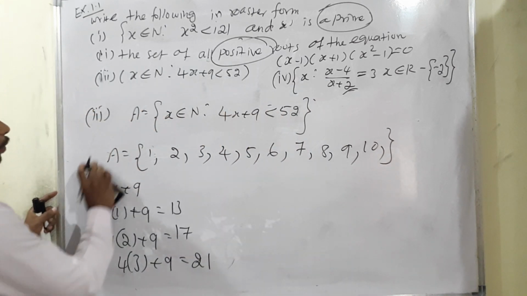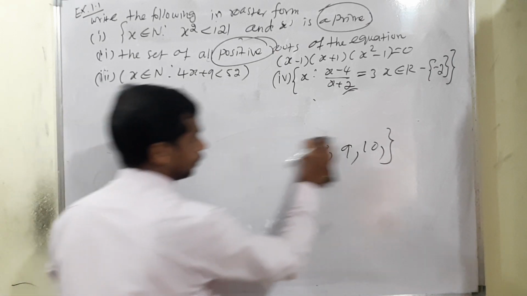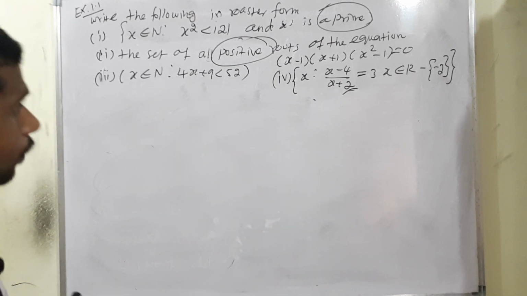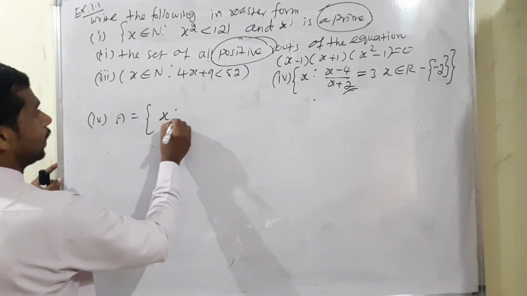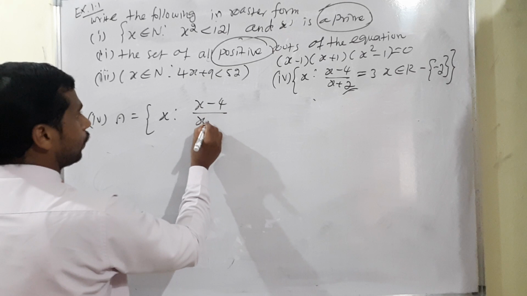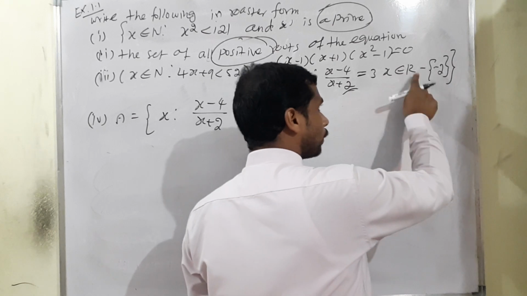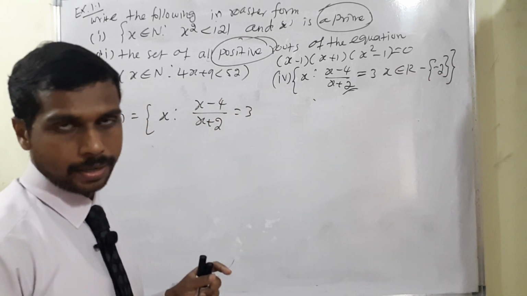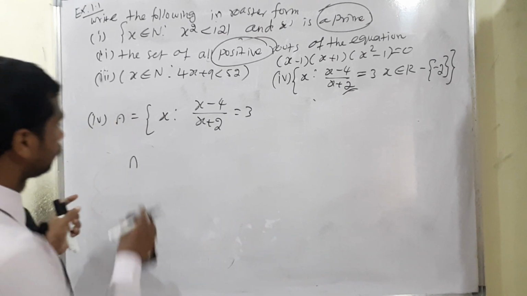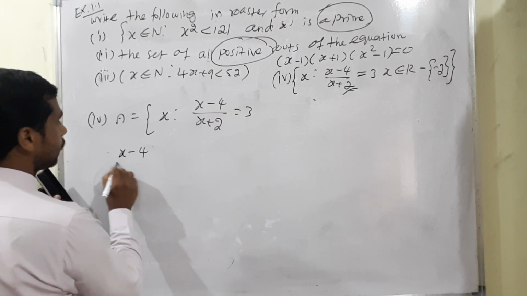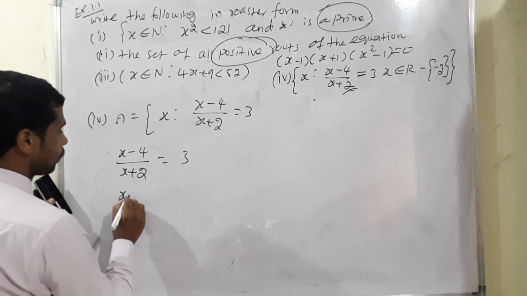Okay, I am moving to subdivision 4. So subdivision 4. Again consider the set A: x such that x minus 4 divided by x plus 2 is equal to 3. One of the main conditions: x belongs to real numbers except minus 2. You can check it. Therefore, what will be possible? This is equal to 3, sir. Therefore, x minus 4 divided by x plus 2 is equal to 3 means